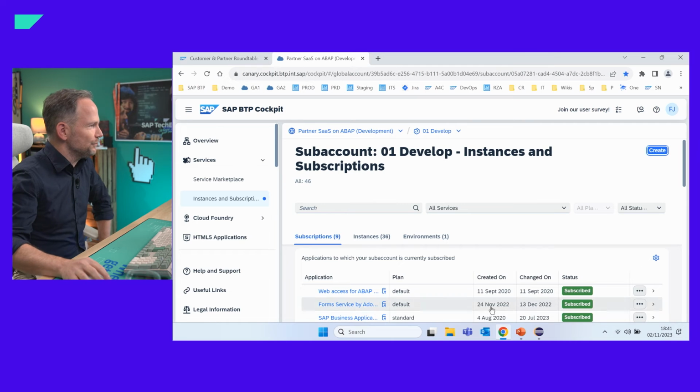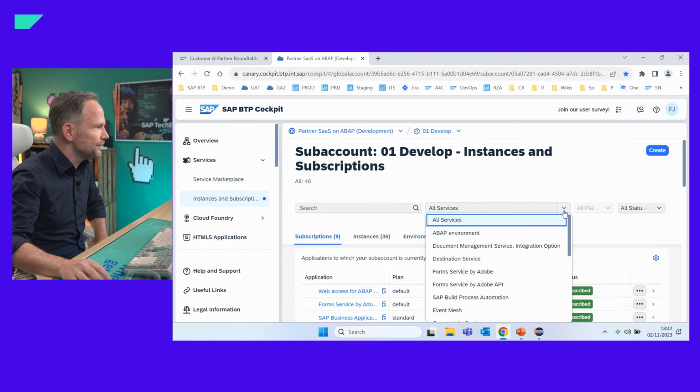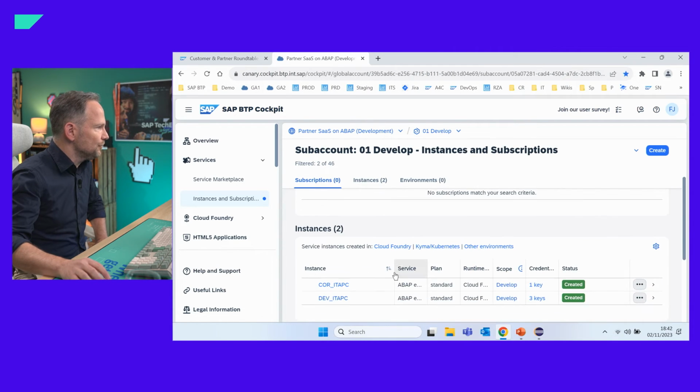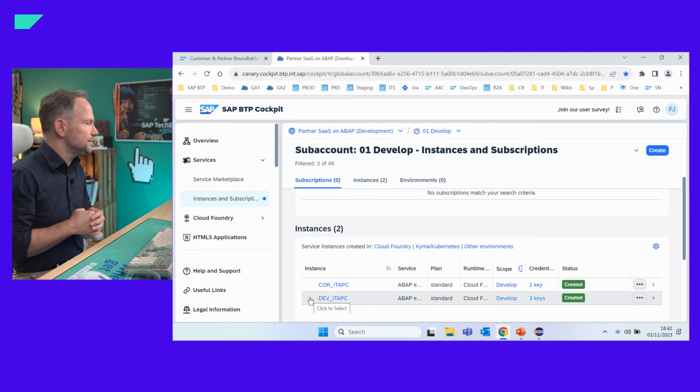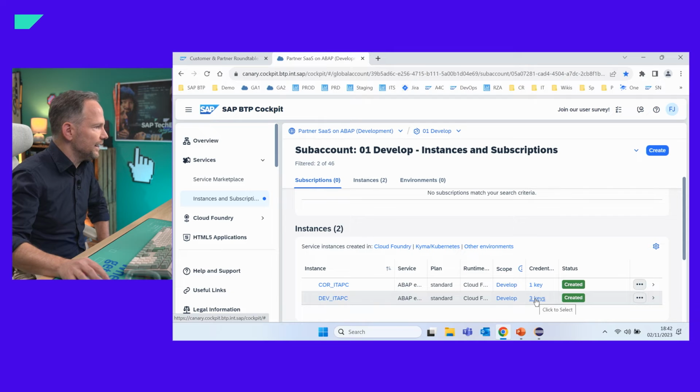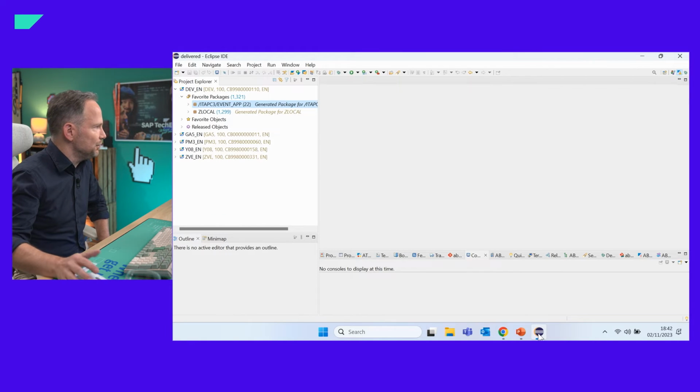So, of course, I also need to explain a bit of what this application is used for, and therefore I would like to start from the very beginning, and everything starts in the BTP cockpit. Now I'm using a global account, I'm in a SAP account, and I would like to go to my ABAP system. I already provided a Steampunk system with system ID dev, and with the help of a service key, I can connect to this development system and implement my app.